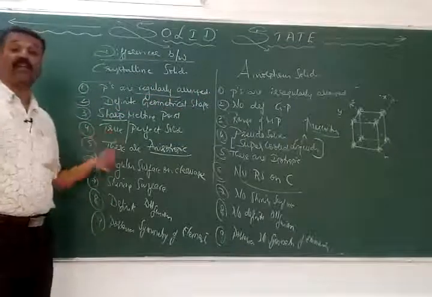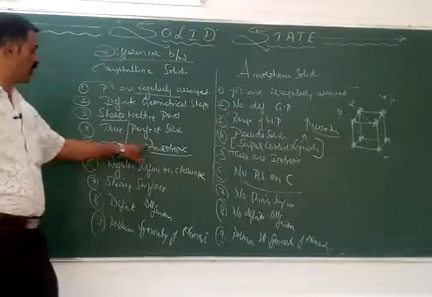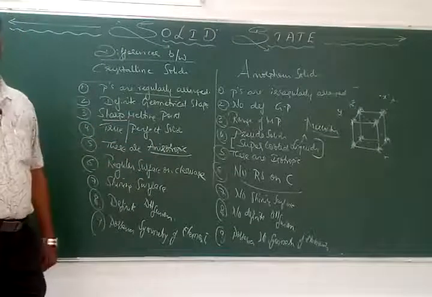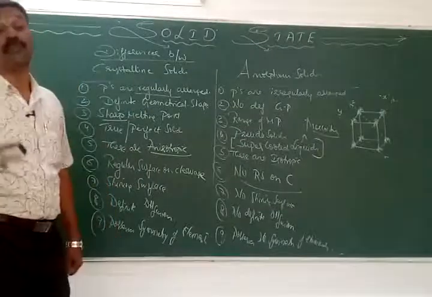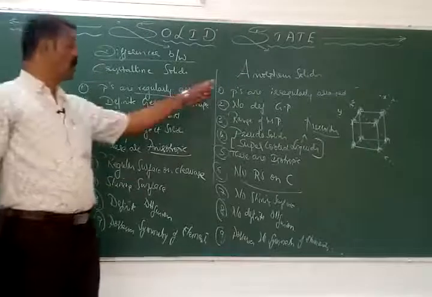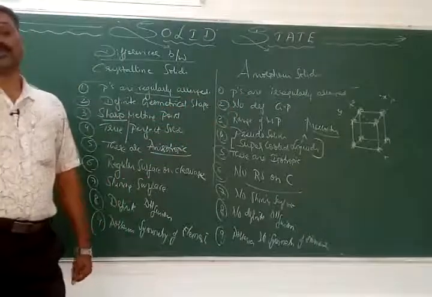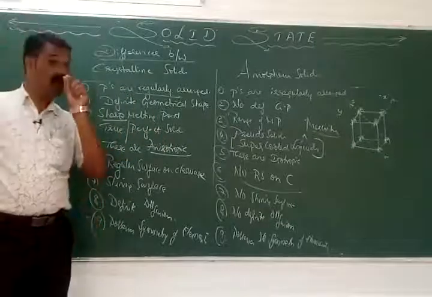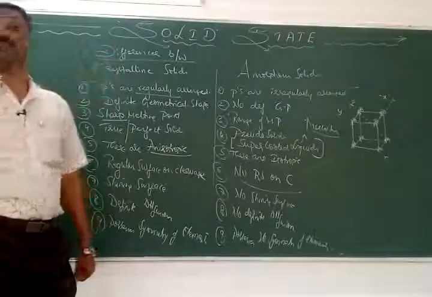Then, if the particles are regularly and compactly arranged, they are found to be the true solids, or sometimes they are referred to as the perfect solids. But those are imperfect solids. Imperfect solids means they are pseudo solids. Why are they called pseudo? Pseudo means false. Usually solids refer to a regular or compact arrangement. The irregular arrangement of the particles makes that solid a pseudo solid, also called a false solid. They can also be called super cooled liquids, which have a higher viscosity.